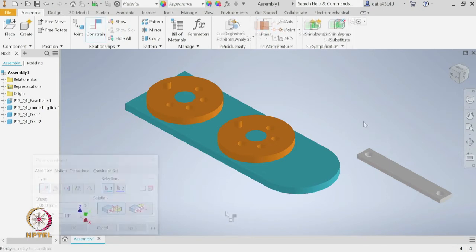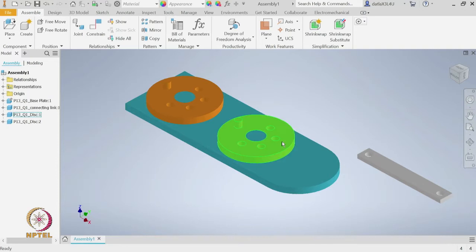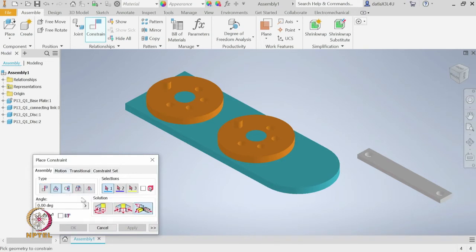Now that we have placed both the discs in the right positions, we need to make sure the orientation of the disc is also controlled, which means currently it has 1 degree of freedom where it can rotate about this axis in the constraint plane. But let us create an angle constraint such that we can control the angle of rotation of this disc. So, for that I go to constraint, choose the angle constraint and use this directed angle. I need to choose two planes, right.